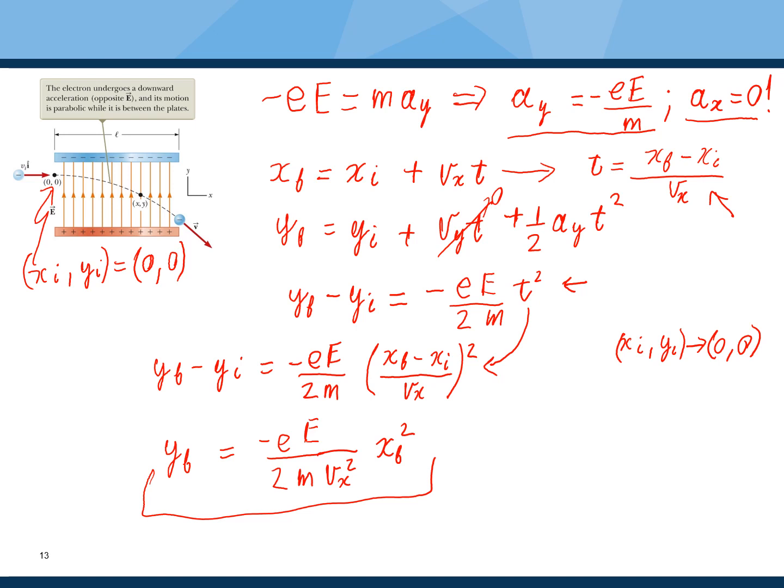Okay, so with that, we've gotten a good understanding of how particles move in electric fields. We usually use simple configurations for electric fields just to make it easy for students to understand this. And so with this,